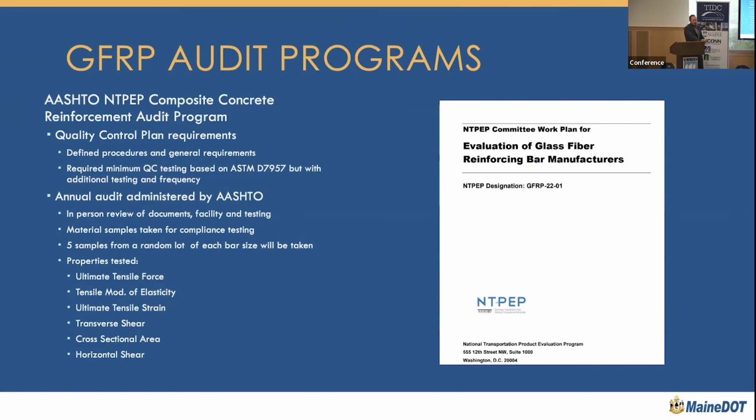And there's an annual audit that is performed by an AASHTO designated inspector. So this is an AASHTO contractor, mostly former DOT personnel, who will go to the facility. They will review all the quality control documentation as specified in the quality control plan and in the AASHTO work plan to make sure that the fabricator has actually been taking the quality control samples they're supposed to. The samples match what they say they're supposed to be, the specifications. And they're following the procedures to give them the best chance of producing a material that is conforming to their